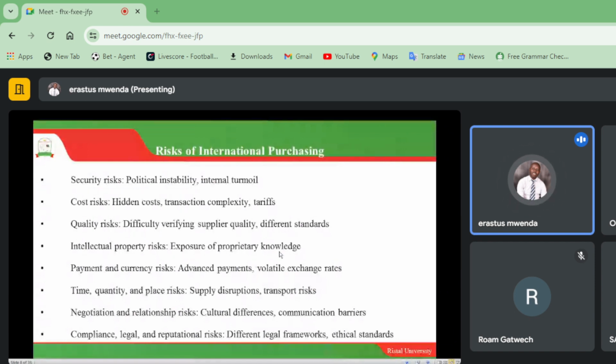Maybe there has not been discussion about the transportation cost and so many other costs. So at the end of the day, you realize you could have spent a lesser amount if you did not incur these hidden costs. We also have, in terms of cost risks, challenges around the transactional complexities,